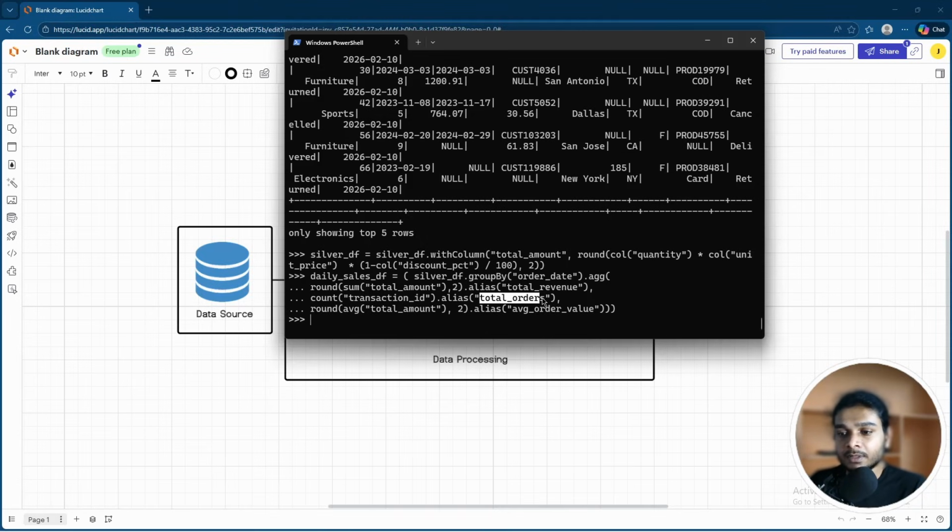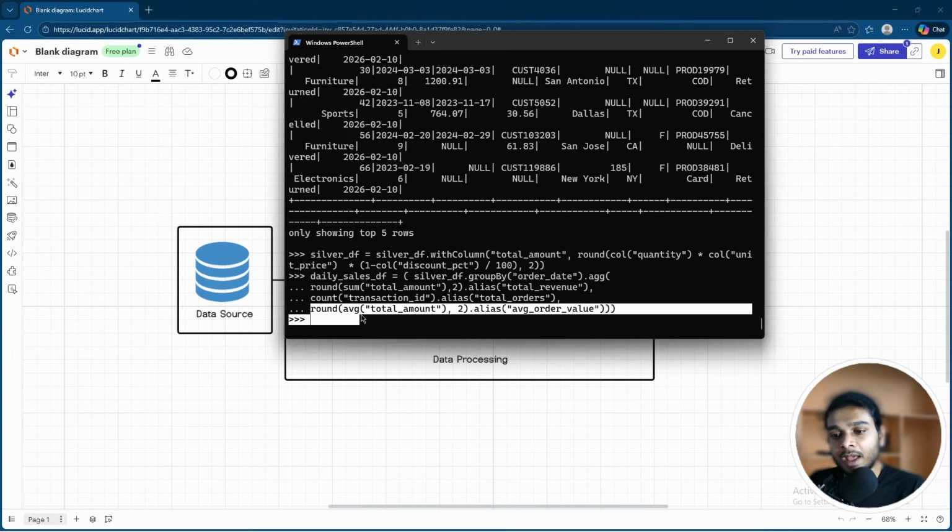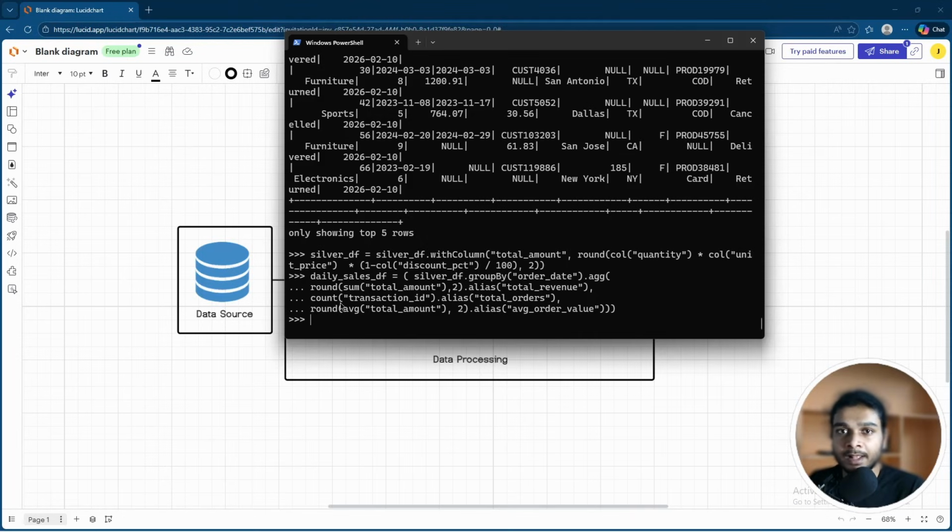So that will be our total orders on that particular day. And then round off average of total amount and round it to 2. We take the average order value as one of our metrics too, and that will be aliased as average underscore order underscore value. Now we write this as a Parquet file using